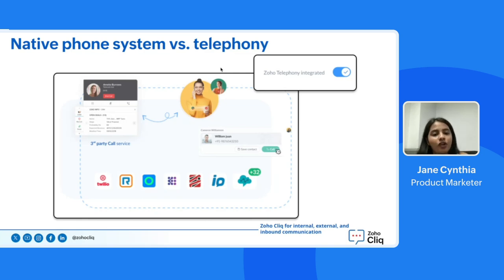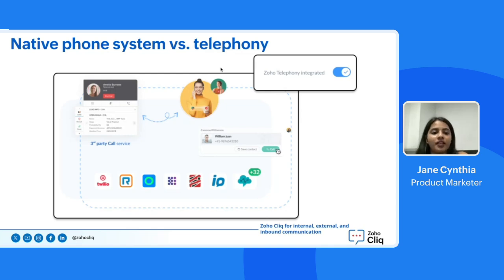Users can make and receive calls with click and initiate calls with one click from profiles, message content, and contact cards. This integration also updates your status to DND when you're on a customer call. And while it requires an initial setup to connect the service provider to Zoho Cliq, it provides a robust solution